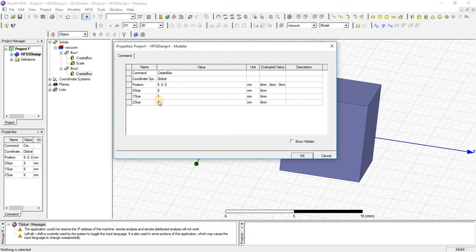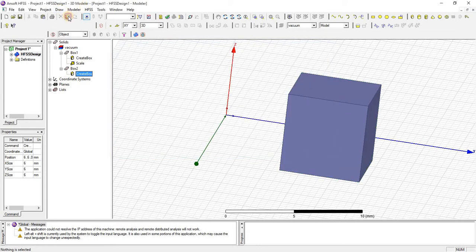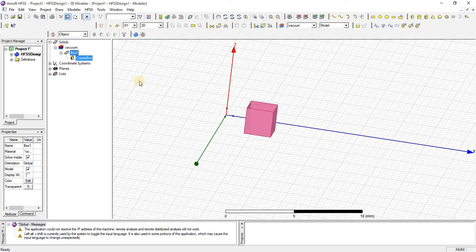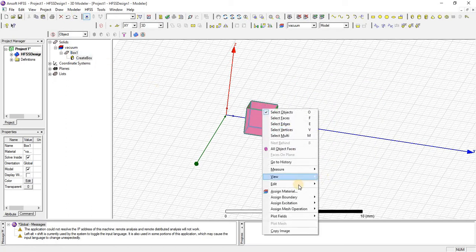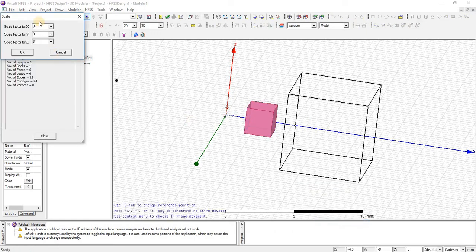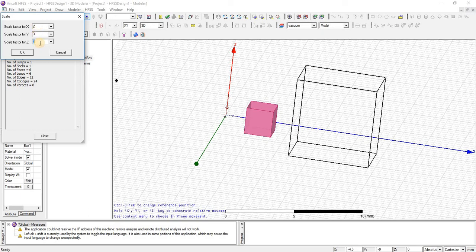It becomes 6, 6 and 6. Now if I scale it in different ways, x is 2, y is 3 and z is 4.